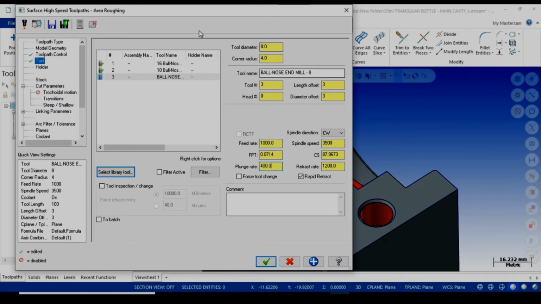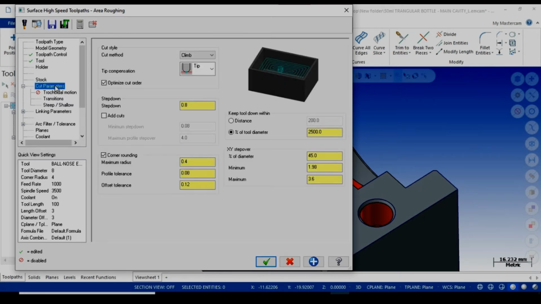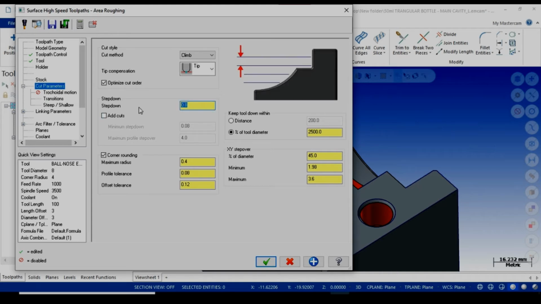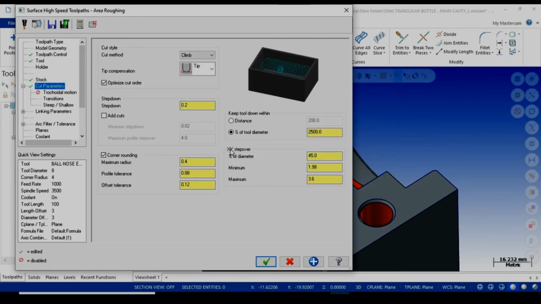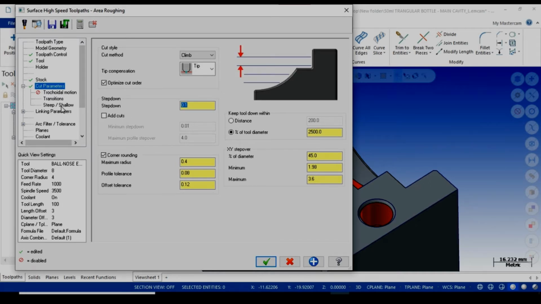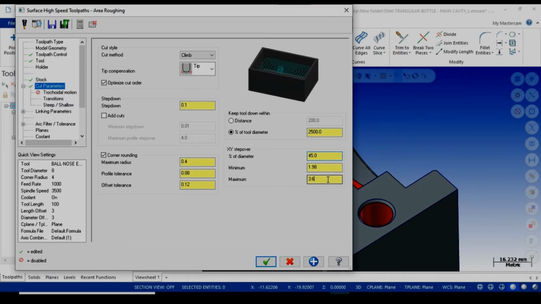the existing cavity has a round profile at the bottom, and if I use a flat end mill, once again I have to use another cutter for the rest roughing. Here for the rest roughing, I am going to use another operation as a stock model. This will be helpful to detect the material. Point 1 is my step down. Step over will be here. Maximum will be 0.5 mm for the 8 mm cutter, and minimum will be 0.3 mm.